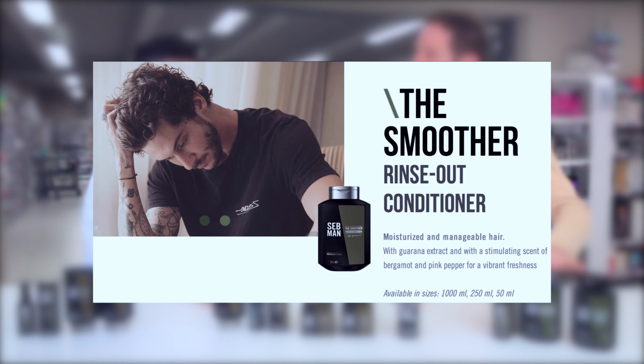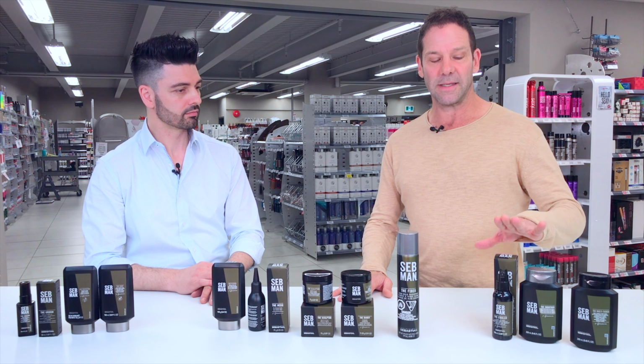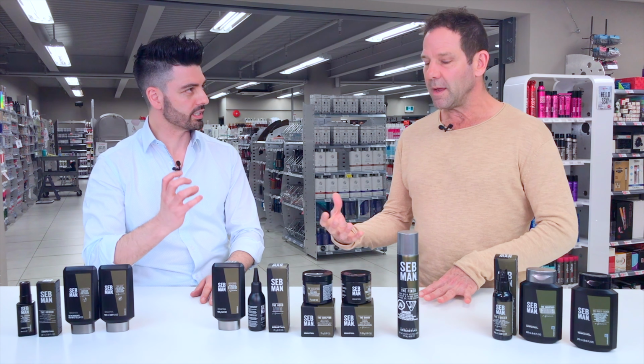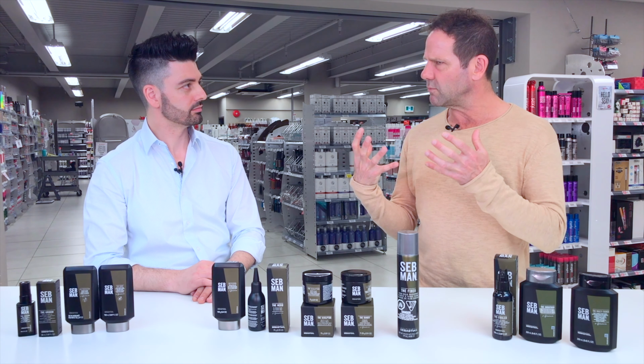And then, of course, we have the Smoother. If you think about smoothing, then we think of conditioning. Right. So that's where the verbiage comes in. So you've got the shampoo and the conditioner. And then the third product we have is the Cooler. The Cooler is going to give a very invigorating sensation to the skin. It cools down the scalp, and it's going to promote blood flow and give you that really clean